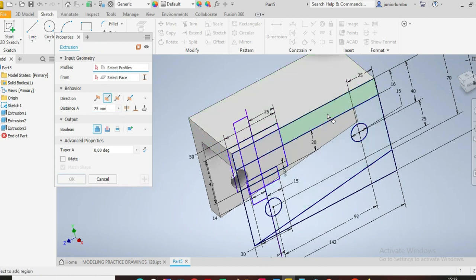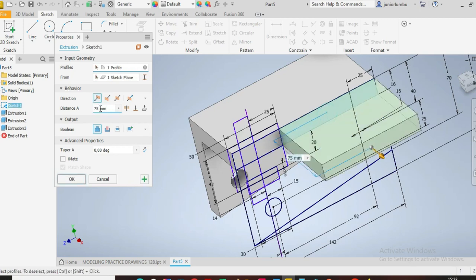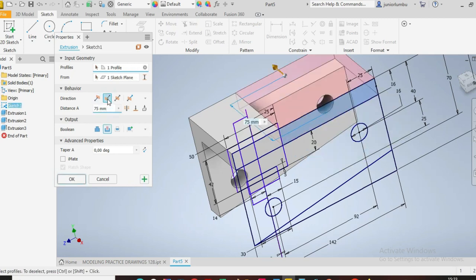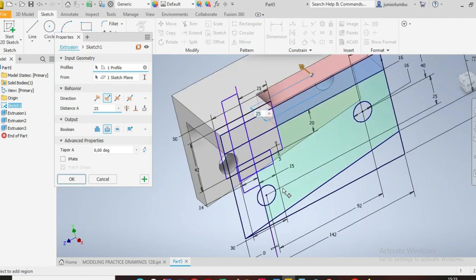Now you're gonna cut here. Okay, so you need to go down by 25 millimeters, so here you're gonna say 25, so 25, it goes like that. Yeah, good. So this was the last one with